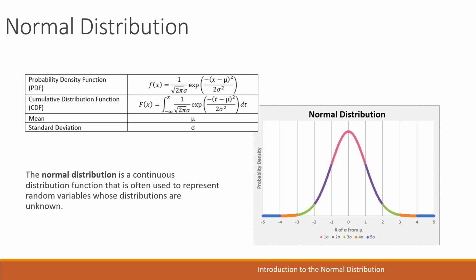So the normal distribution, according to this definition, is a continuous distribution function that is often used to represent random variables whose distributions are unknown. So that doesn't really make sense. Continuous distribution function means that there is a variable that has a continuous distribution. So what does a continuous distribution mean? That means that the values of that variable are not in nice, neat steps or buckets. They can be 0.001, 0.003, whereas